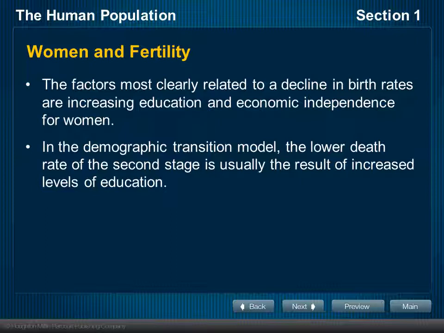So what happens is, and again, demographers are not making a statement. They're not judging the transition. They're talking about the transition. What we'll see in the movie is demographers will judge possibly what the transition means for economic stability in the future, but they're not judging what happens. As women become educated, as they get jobs, as they're not as interested in being at home taking care of kids, women aren't